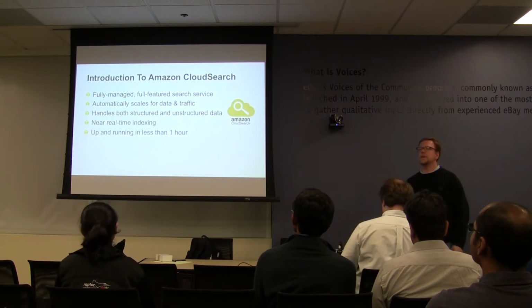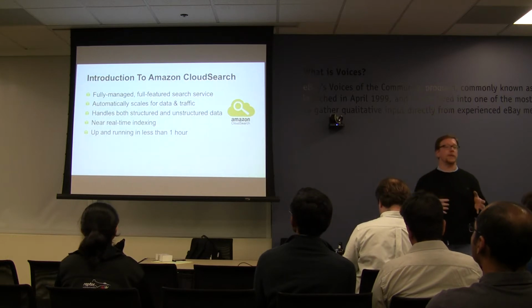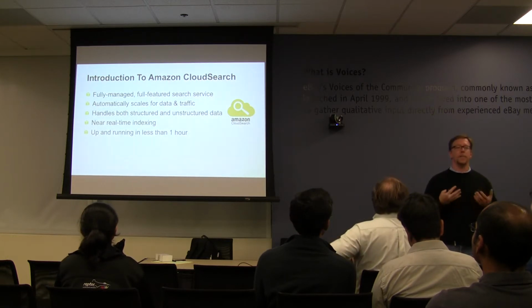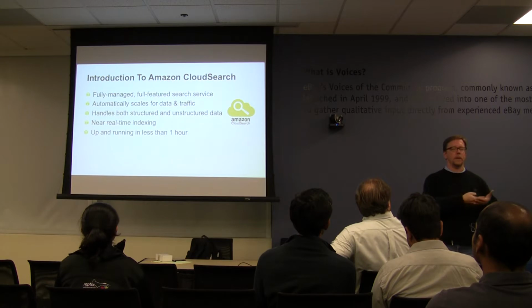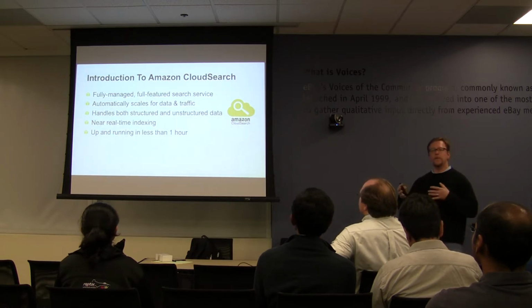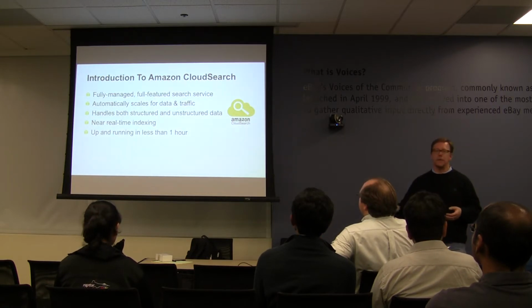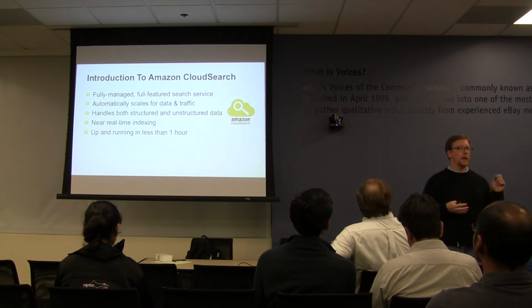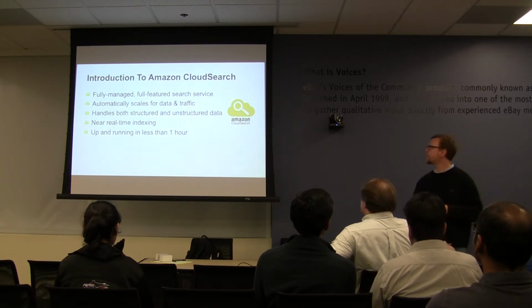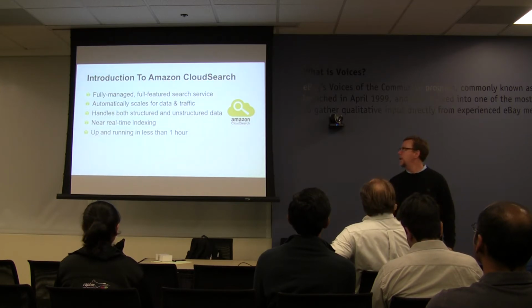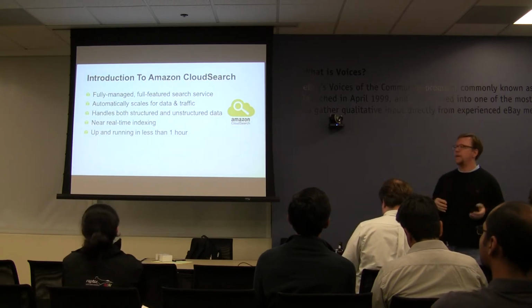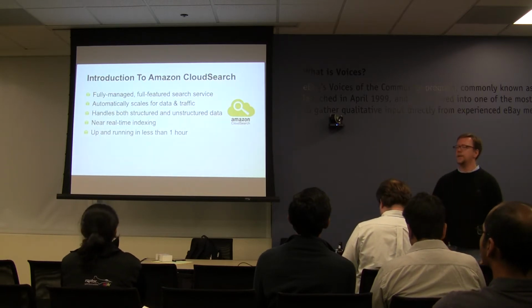So Amazon Cloud Search is a fully managed service that AWS is providing as a building block service in the cloud. And really what that means is you can create a search service with very simple interaction patterns that allows you just to post documents to it and run searches against those documents. It automatically scales for both data and traffic and handles structured and unstructured data. You can send structured documents in, search against fields,